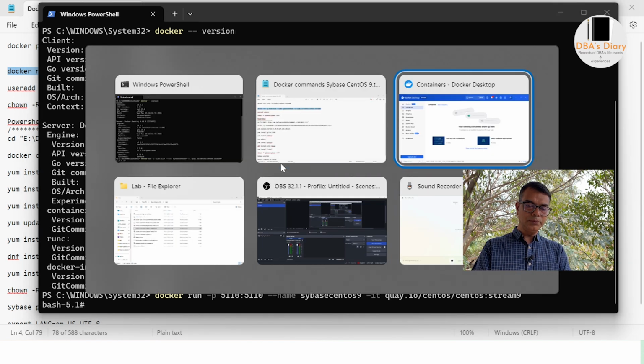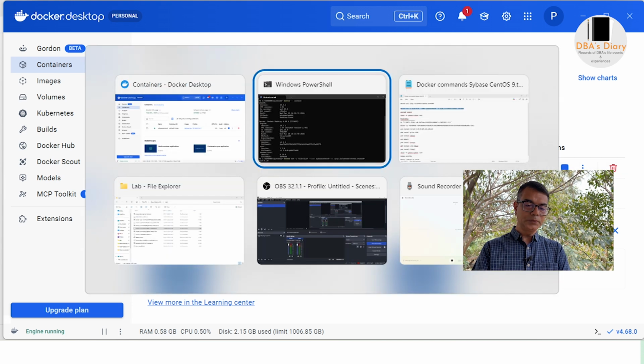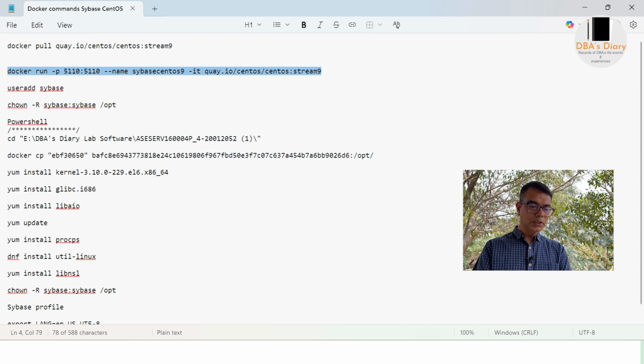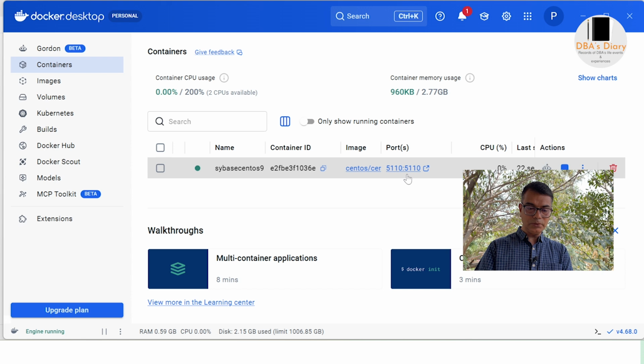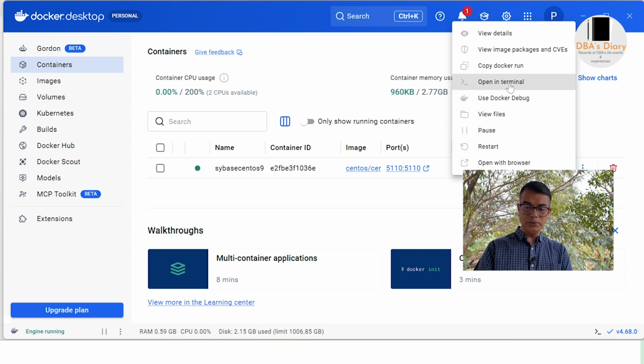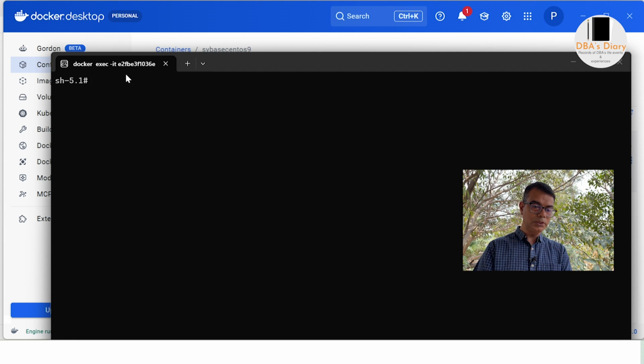Now if you go to Docker containers, you will see Sybase CentOS 9 is running, started just one second before. Next is to add the user Sybase, so let's go ahead and add it here. Either you can run the command here, or if you wish, you can go to the Docker container, click on the operating system or the server, and use open in terminal, or open in the external terminal. So you see here